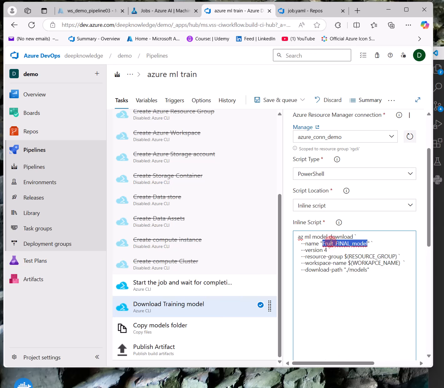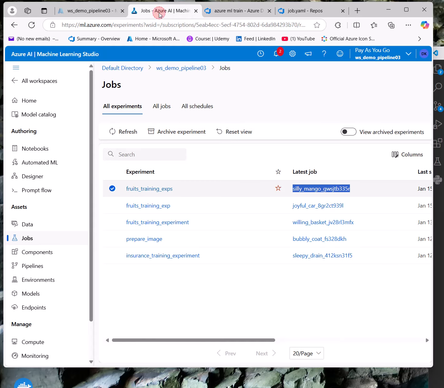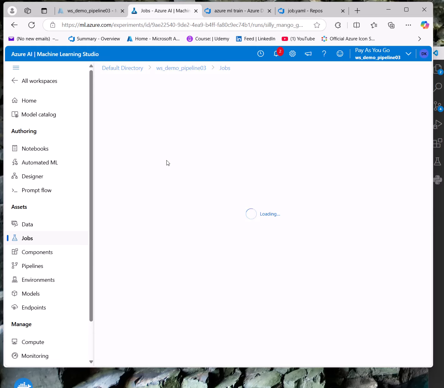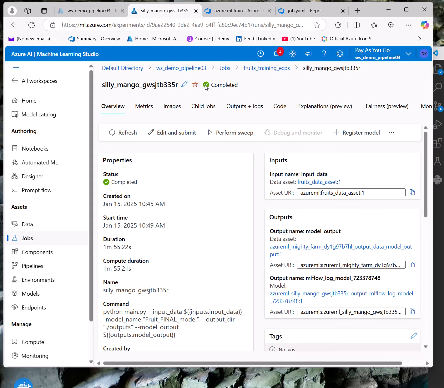But I will show you in the next videos how to make everything automatic. For instance, this name will be taken from the job YAML file. Okay, and what is this command doing? It downloads the training model. As I said, after training, the model will be saved. If this job is working perfectly without any issues, you can see this is the model, completed with true or check, and you can see the output.